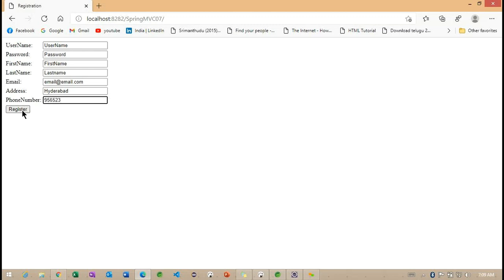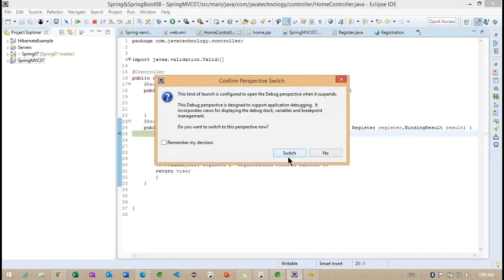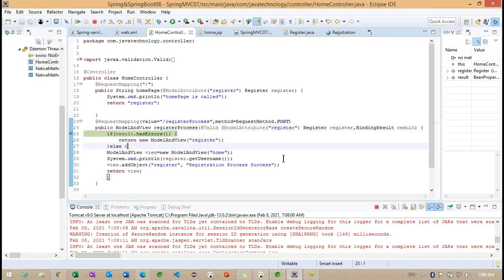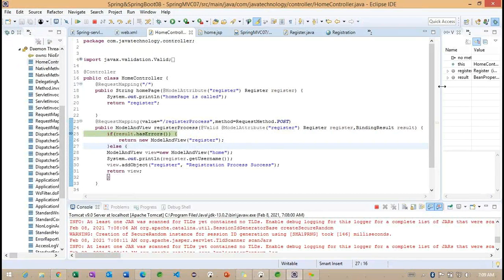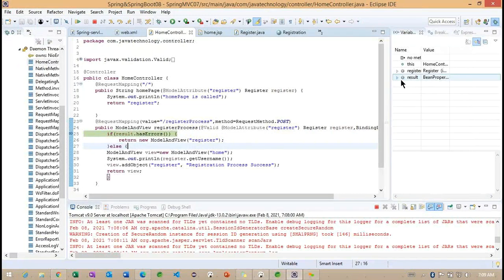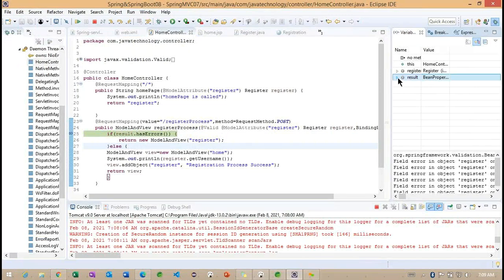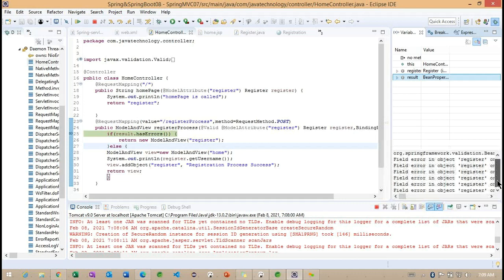Some number I gave. Let me click on register. So the breakpoint is received here. Okay, still we are getting errors here.